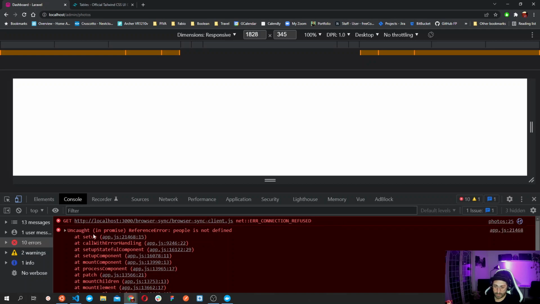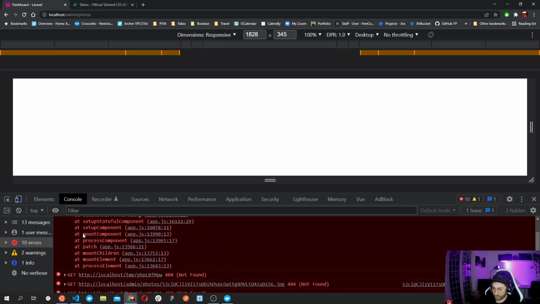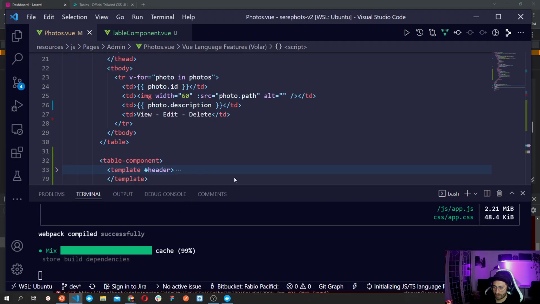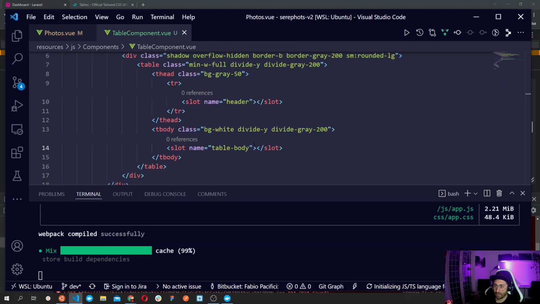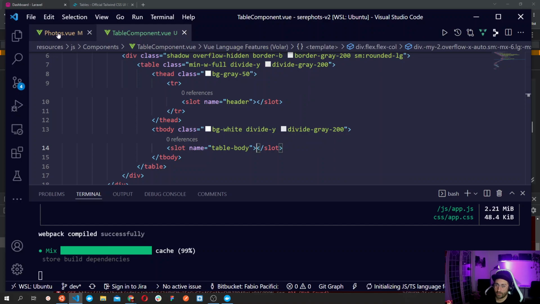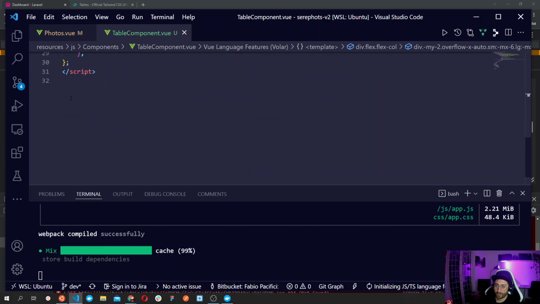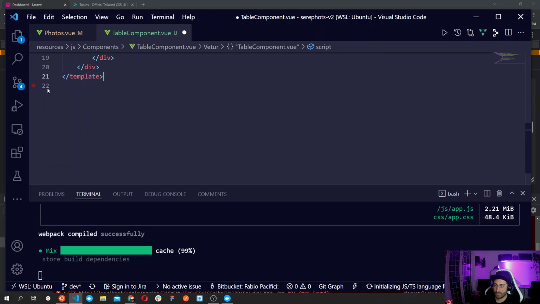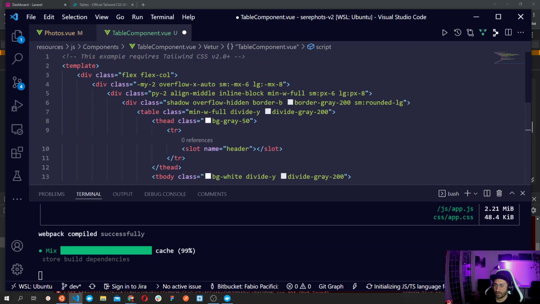Connection refused. I don't know what it is. Need to check the docs. People not defined in app.js. Where am I using the people? Okay, I know where it is. Inside the component, we do have this thing here. But actually, I don't need the script section, I only need the,